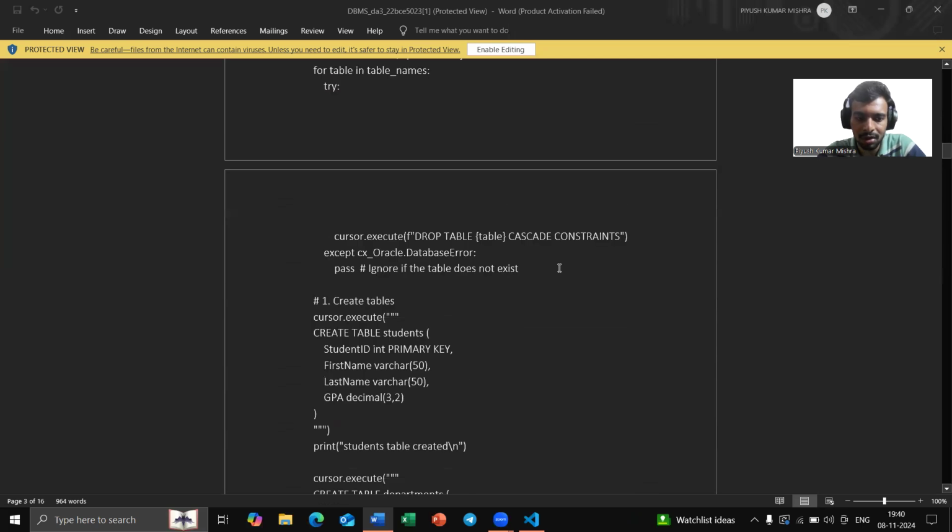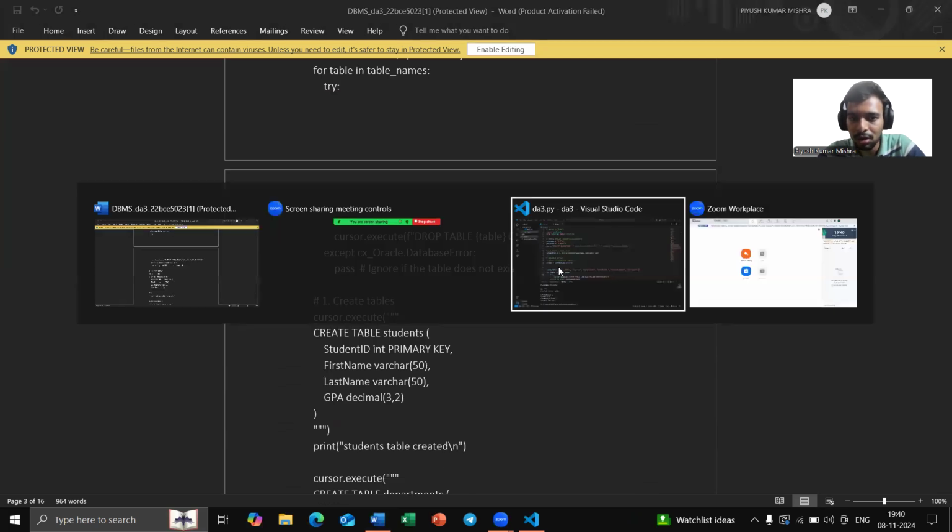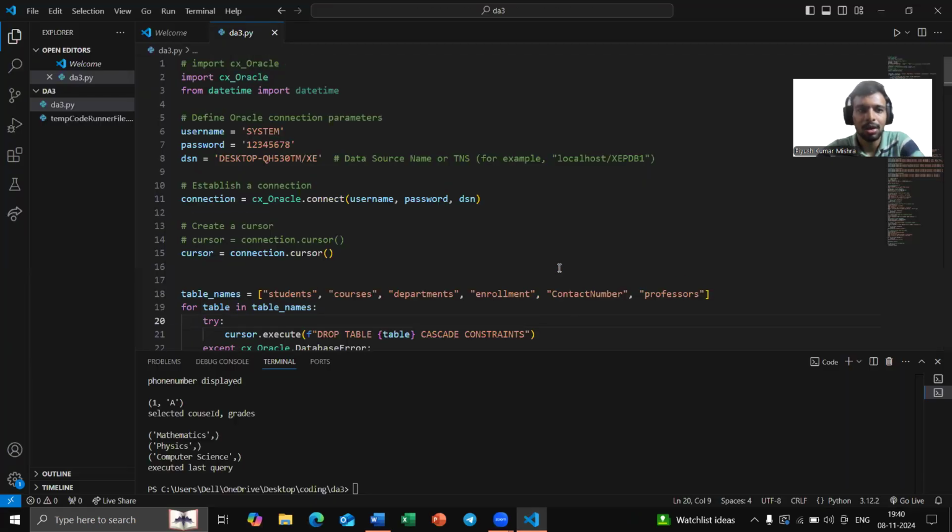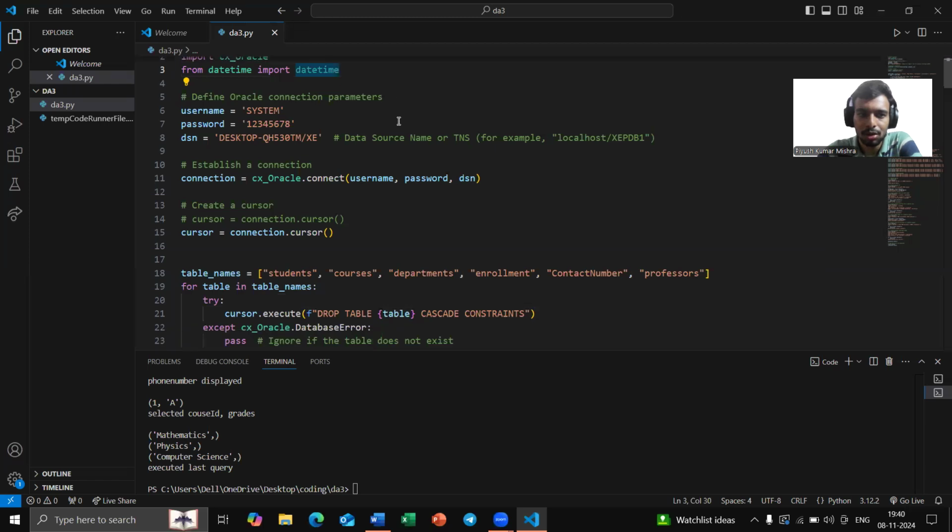So this is the code which I will show you in my VS Code. This is my VS Code. So see, first of all, I have imported cx_Oracle and datetime from datetime module. So this is my username and password to connect to the Oracle database, which this Python program will use to